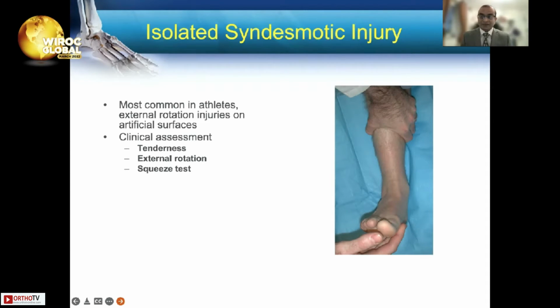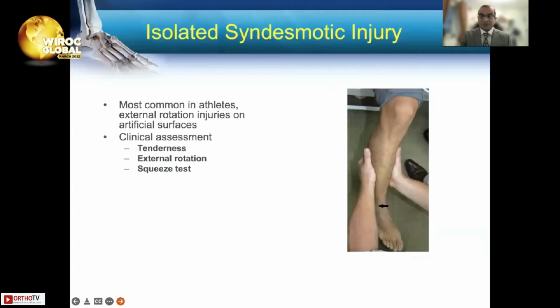You can elicit tenderness in the region of the anterior inferior tibiofibular ligament. The external rotation stress test can be painful and can elicit instability in certain cases. And if you do the squeeze test, i.e. squeeze the tibia and fibula together in the region of the mid-calf, you can elicit pain in the region of the